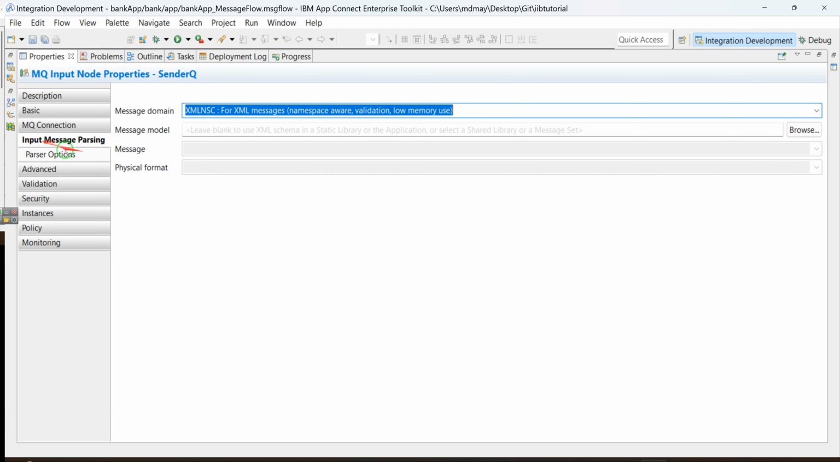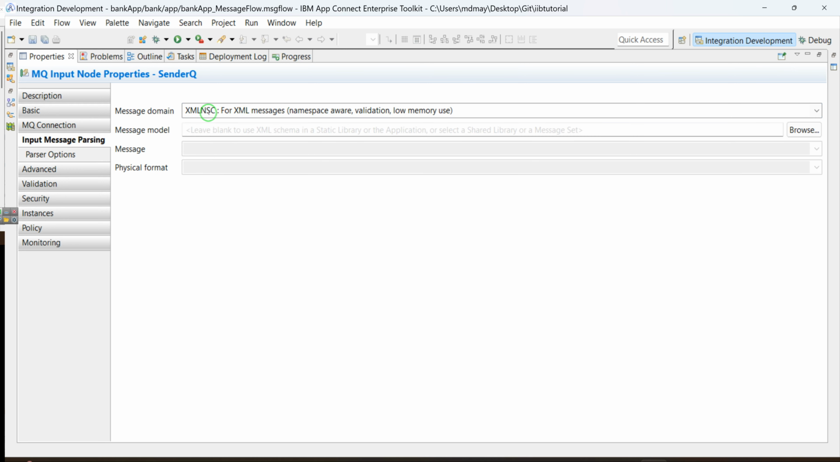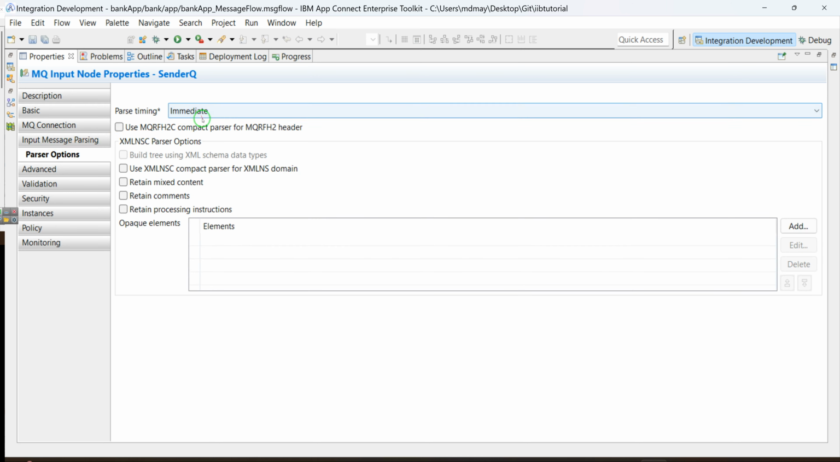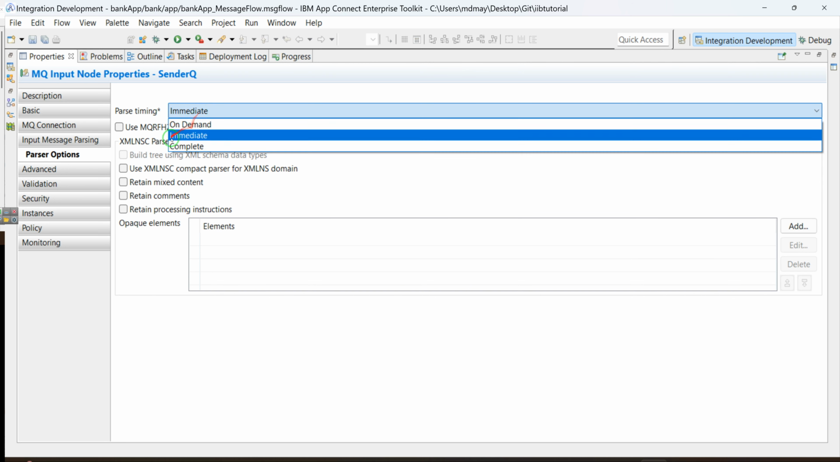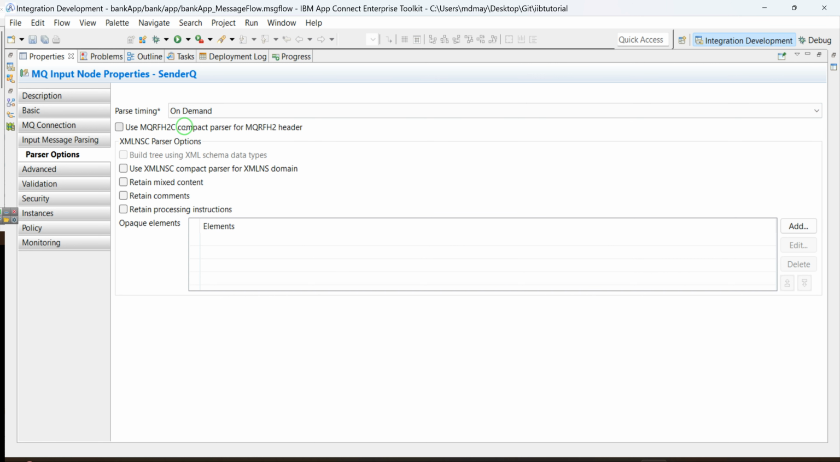Also, whatever domain or message format you pick, you have parser options like a validation option. If something is wrong with our XML format, let's say a tag is missing, or the message is not in the right format, we will throw an exception. But on parse timing, we have three options. On Demand is one, which validates